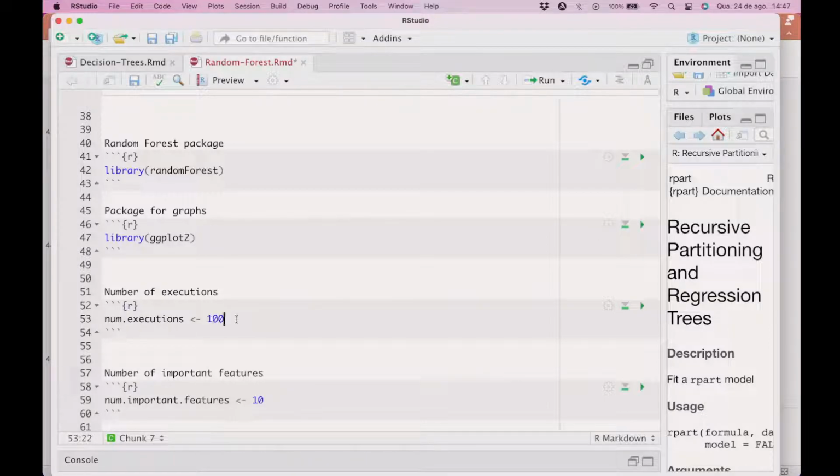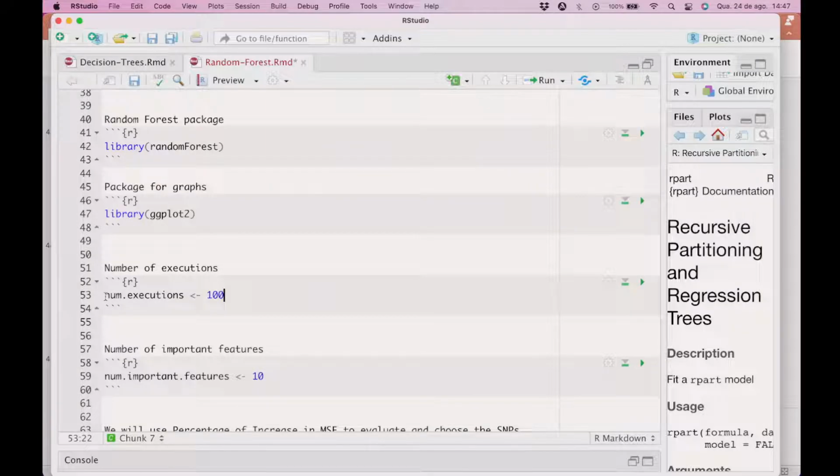Here, see, it's the number of executions, okay? The number of executions is how many times we are going to execute a random forest. Because it's important to perform many times the experiment for what I want to do. What I want to do is rank the features in the forest to see what is the most important feature in the forest, okay, to make a rank. But only one execution is not enough, okay, because of the bootstrap procedure. The bootstrap procedure